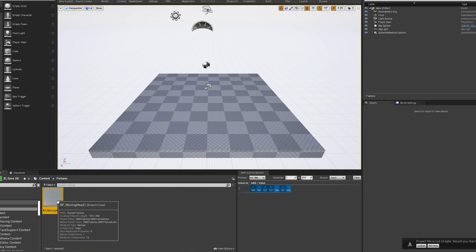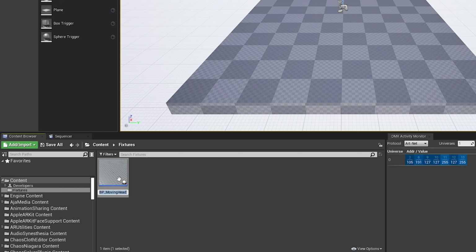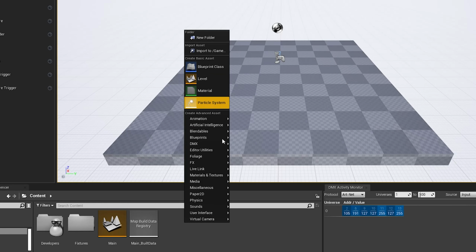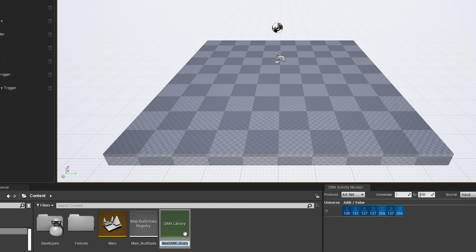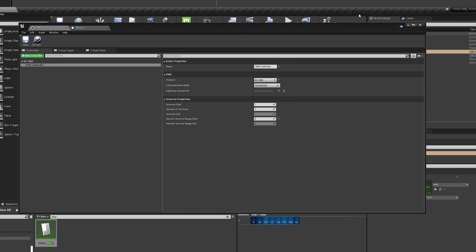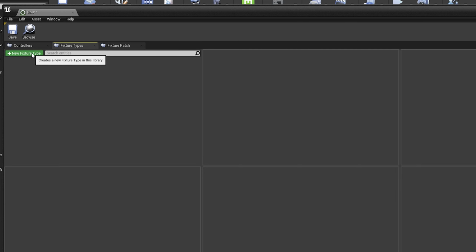We'll start with the Clay Paky Sharpy since it's easiest. And if you have a GDTF file for it, you can get it working with minimal effort. We'll create a DMX library with a controller set up to talk to our lighting program. In my case, I have to switch my start universe to 0, then make a new fixture and name it